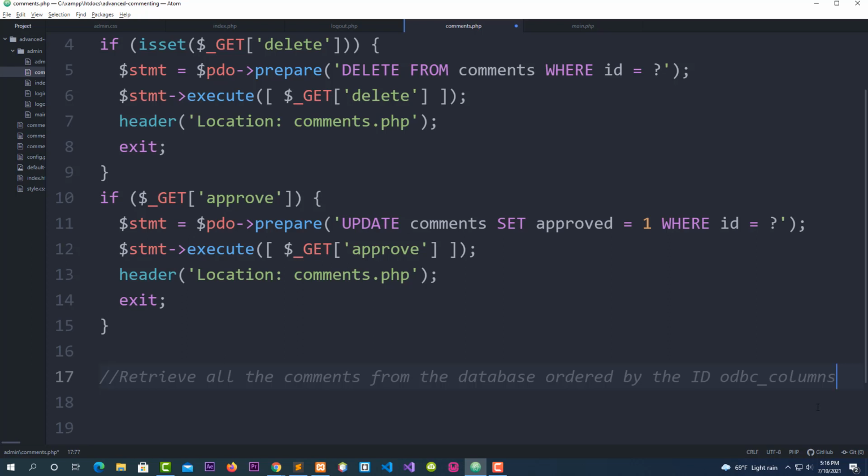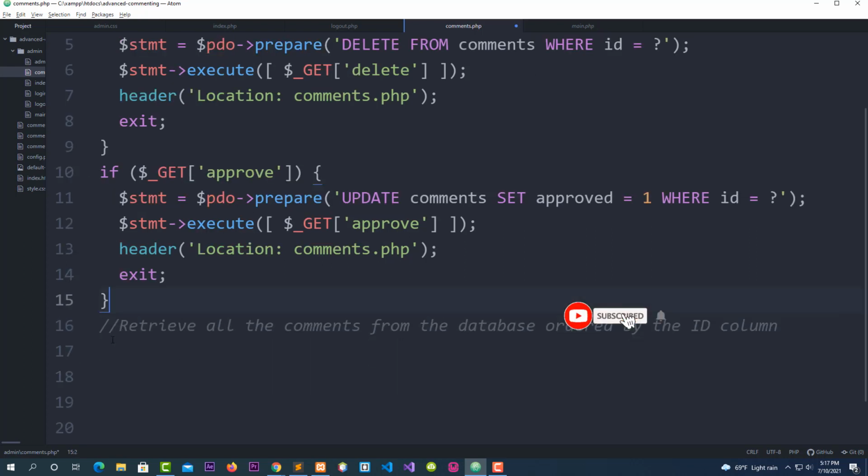Okay. Now let's start coding. To do this, I'm going to use statement. I'm going to say statement PDO